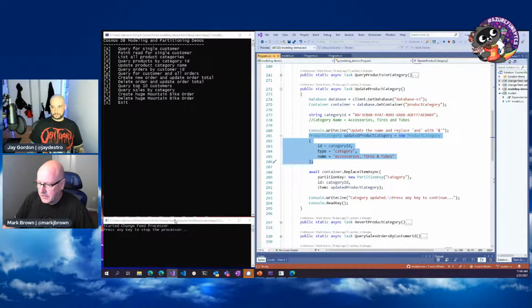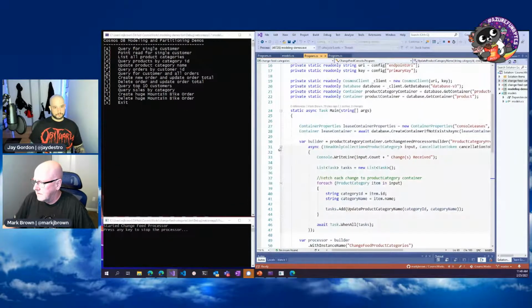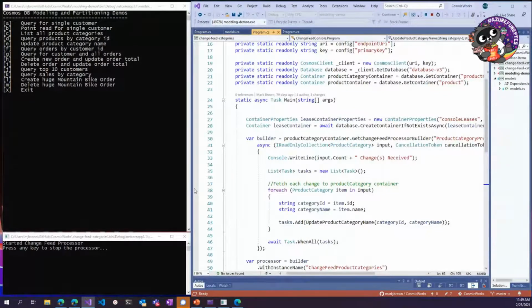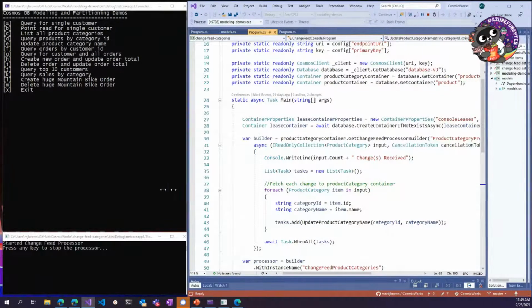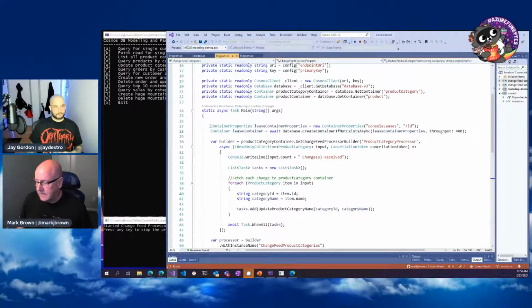So I've got change feed processor running here, and this is what change feed looks like in my code. First thing is I have a reference to something called a lease container. This basically provides a checkpoint. As change feed runs, say every second, it's going to check to see if there is any new data, and match it up with the last time it ran.